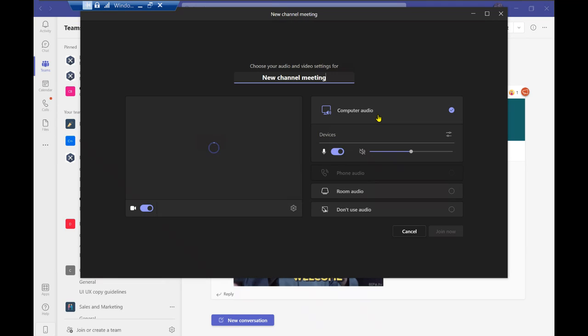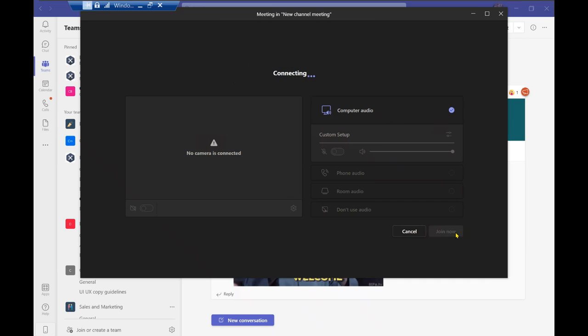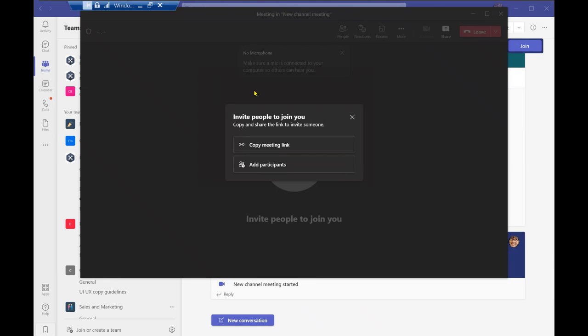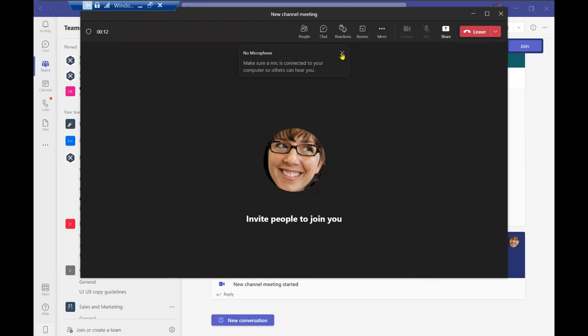So once I select this meeting button, as I mentioned before, I am using a virtual desktop, so I don't have a camera and microphone connected to this side of the meeting. But if you are using a normal device, you should be able to access those settings and features. But I'll go ahead and jump into an ad hoc meeting. Now, because Teams is able to indicate that I did jump into an ad hoc meeting, it'll give me some options to copy the meeting link and share it out with people, or I can add participants as well if I needed to. So I will close these options out.